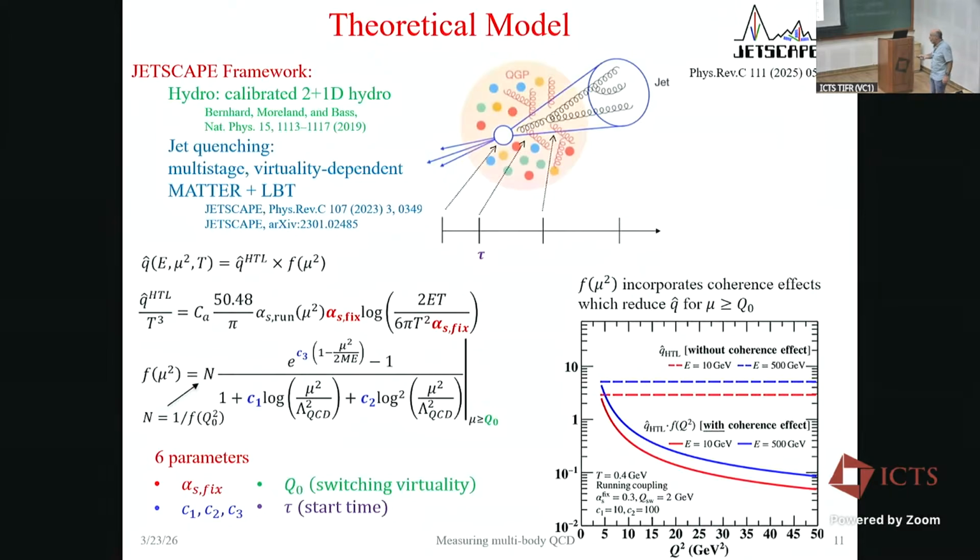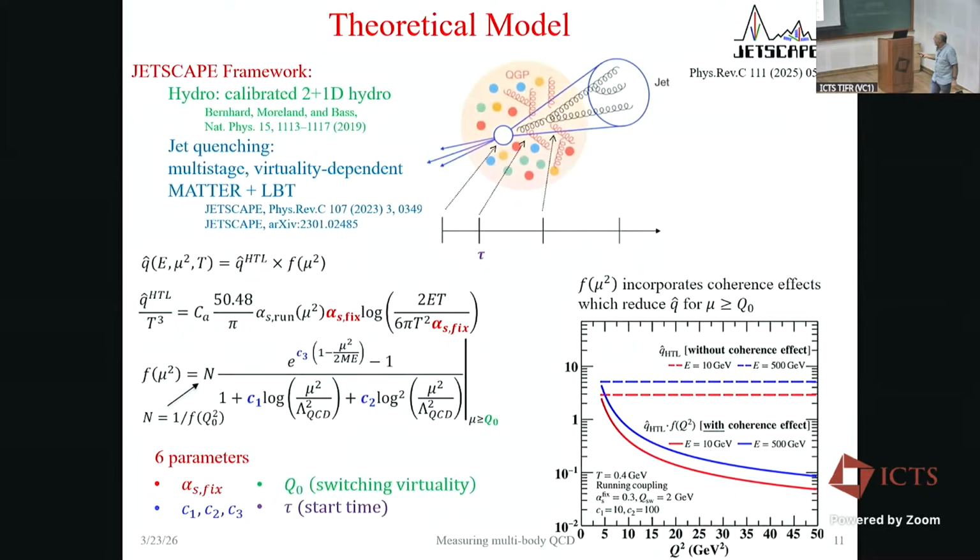And the parameter that controls the interaction of the jets with the plasma. The hydrodynamics sets the environment: it sets the color charge density, the temperature profile, and the time development. It's a very dynamic thing. Then we put a jet in there, let it propagate along with the development, and at each step we're locally examining the environment. What's the temperature here? What's the density here? How is the flow going? How does that interact with our jet? So it's a very detailed microscopic model, and we do it again and again and again